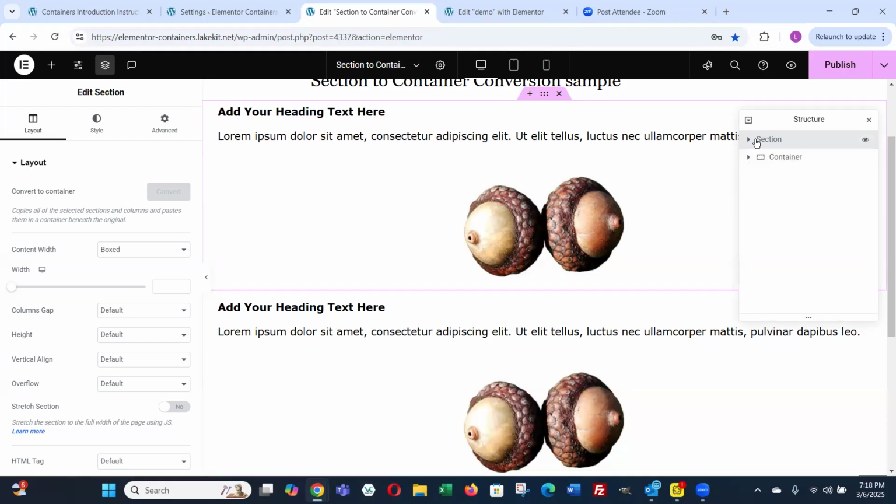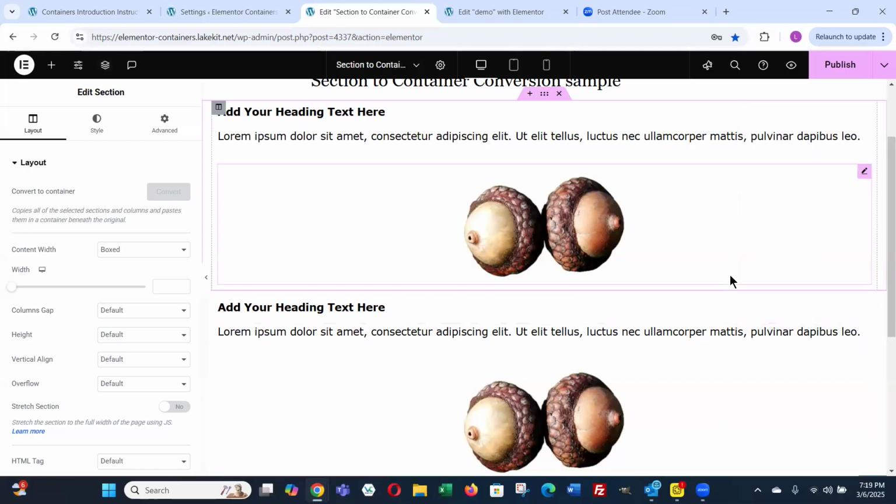The section was converted to a container. The section had a column, and in the column there were 3 widgets. We converted that section to a container, which has a container inside it, and inside that child container, see it's a child container, we have the same 3 widgets. So we reproduced the section